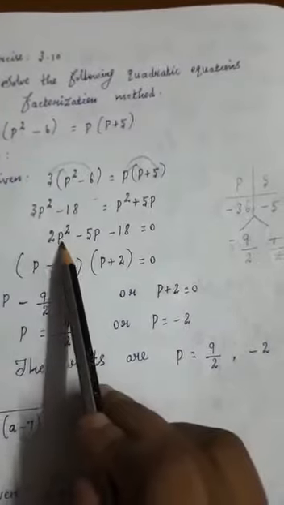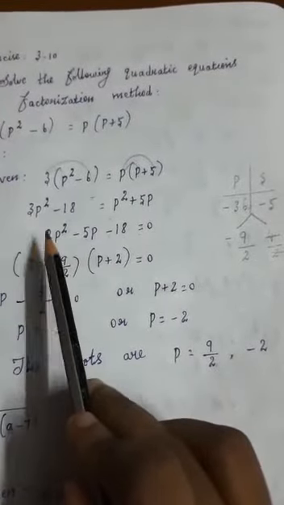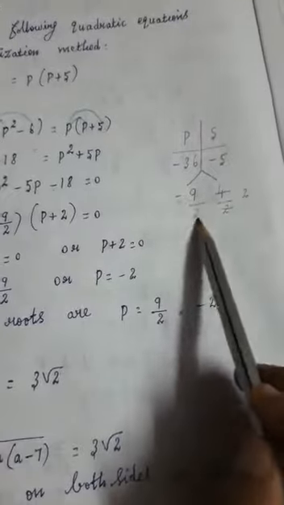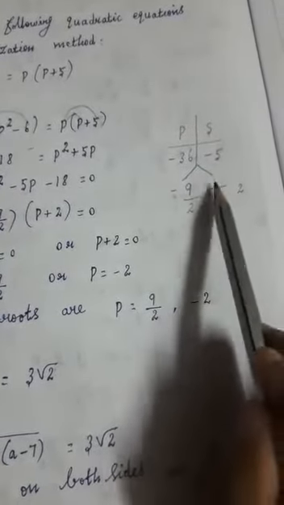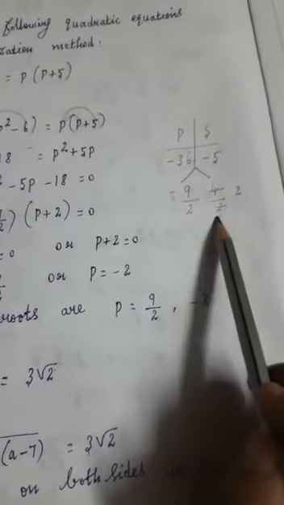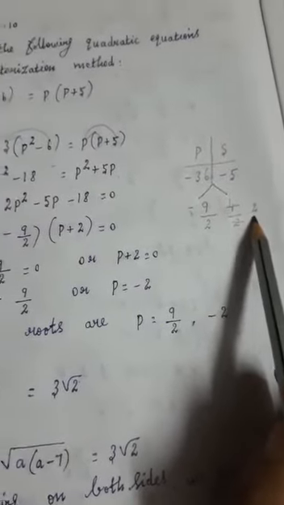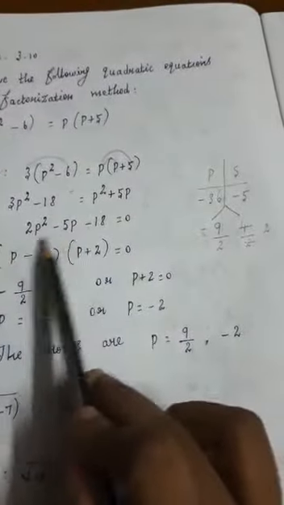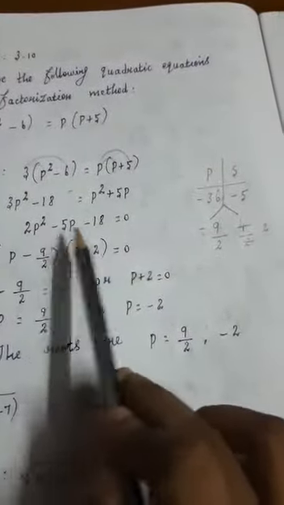Next, see that in the equation the coefficient of p square is other than 1. If it is other than 1, you need to divide with that number. Which number is the coefficient? 2. So divide by 2: minus 9 by 2, comma, 4 divided by 2. Minus 9 by 2 cannot be cancelled, but this one you can cancel. Yes, 4 and 2, if you cancel, 2 twos are 4, so 2 will come. Here the variable is p, so you need to find the value of p. So the factors only you need to find.